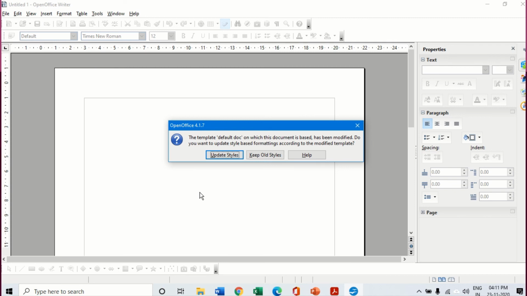I had changed the color of the font, and I had added the logo of the school, etc. When I originally made this notice document, that particular template did not have all those features, and now I have recently updated the template. So it is asking whether to update the style. I can either update the new style or keep the old one, whichever I want.